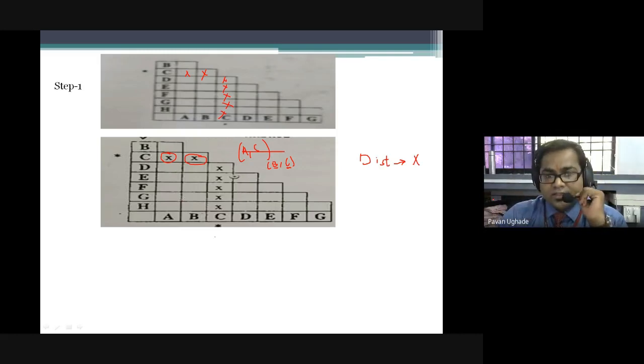To understand that, I'm writing a star in front of the final state, which represents my final state. I'll first start with all the combinations with the final state, and if any pair comes as a final and non-final pair, that combination will be a distinguishable state, and I'll simply put a cross or X in that cell to make sure it is a distinguishable state and it is never going to be an equivalence state. So I'll never consider it for the equivalence. Got it, guys?